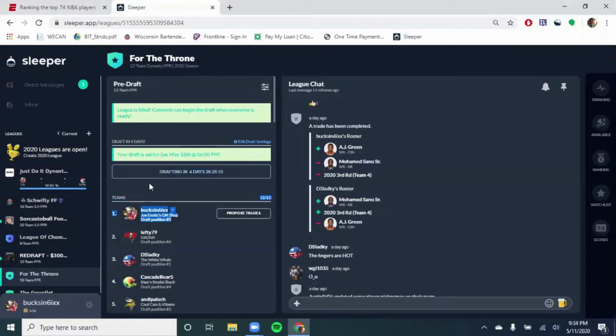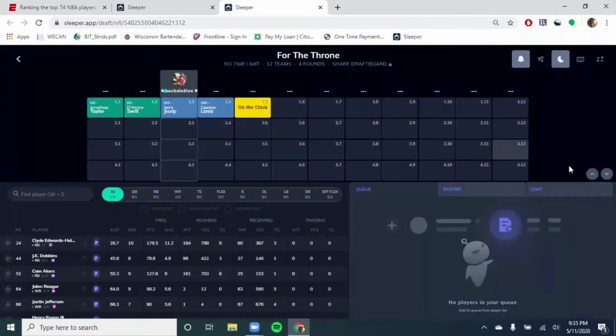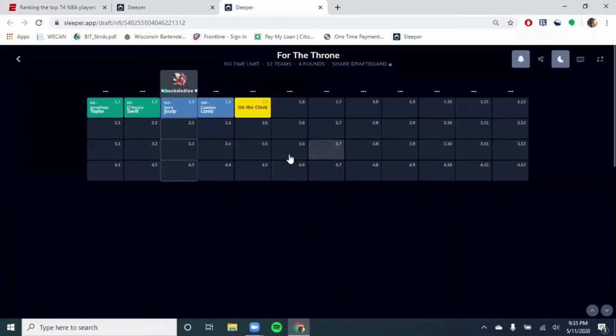As you see here, we have a draft coming up. All right, so I am in a mock draft right now. Again, I want to just show you this. You can see right here, the nice thing about a draft board in Sleeper is they're color coordinated by position. So here we see Jonathan Taylor and DeAndre Swift. They're both running backs. Just like if you do an in-person draft with the sticker boards, the color scheme goes